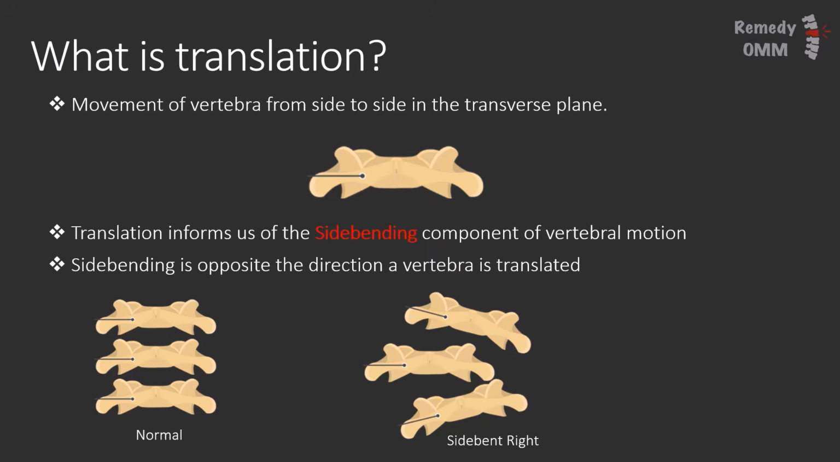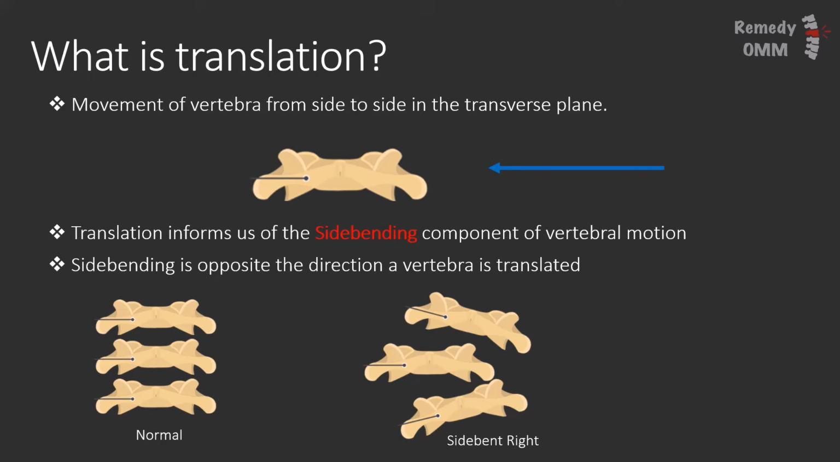Translation describes the movement of a vertebra in a transverse plane. If you imagine yourself as a practitioner trying to push this vertebra from right to left, it would move like so. This is translation. What translation tells us is how the vertebra is side bent. What you need to know is that a direction a vertebra translates with ease is opposite the direction of side